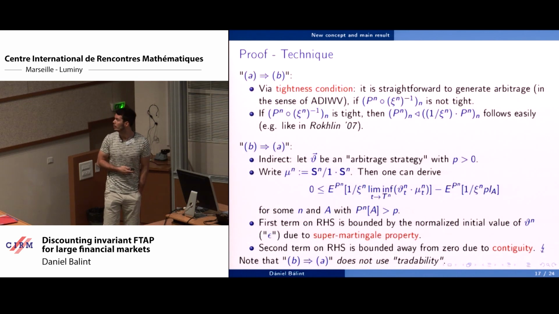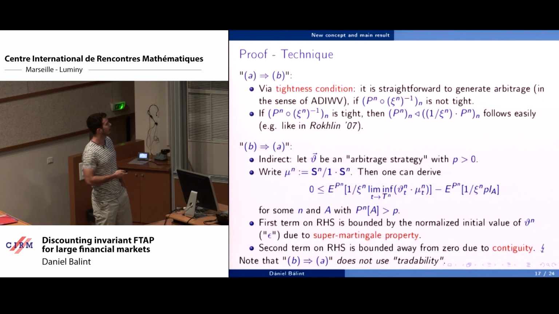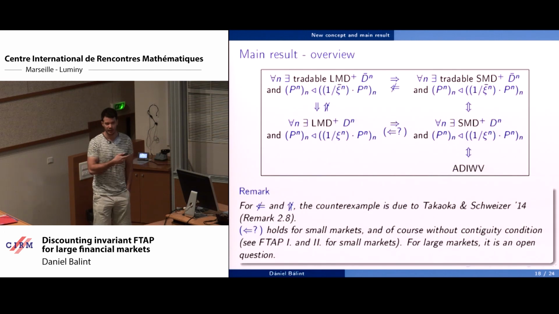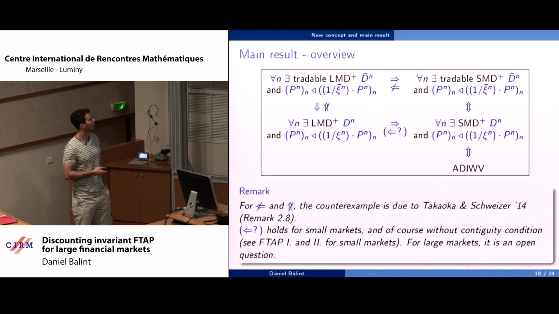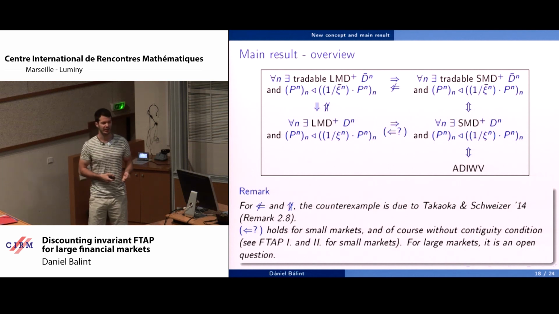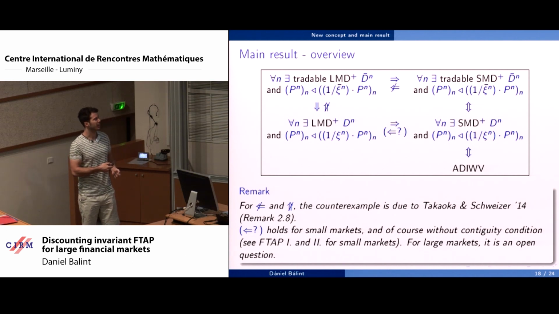Okay, so I probably won't elaborate on the proof now, and just give an overview of this result. So in this picture, we might understand it a little better in detail. What does it mean? So this is our asymptotic viability, and our main result basically claimed that this is equivalent to this upper part. So this upper part is: there exists a tradable SMD plus,